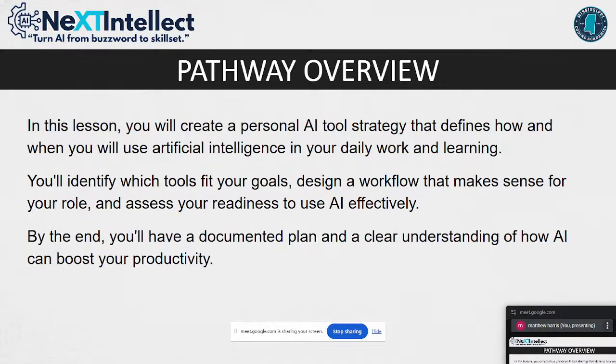Pathway overview. In this lesson, you will create a personal AI tool strategy that defines how and when you will use AI in your daily work and in learning. You'll identify which tools fit your goals, design a workflow that makes sense for your role, and assess your readiness to use AI effectively. By the end, you should have a documented plan and a clear understanding of how AI